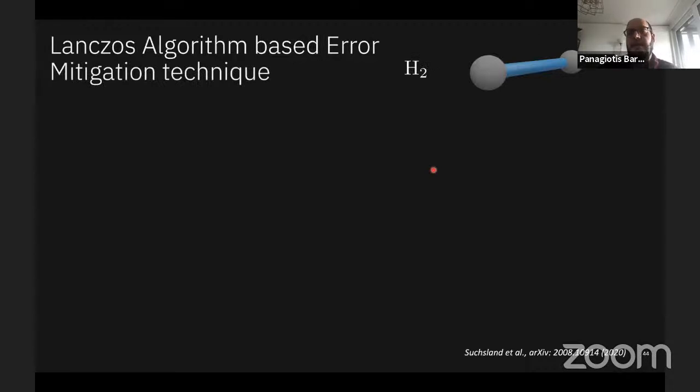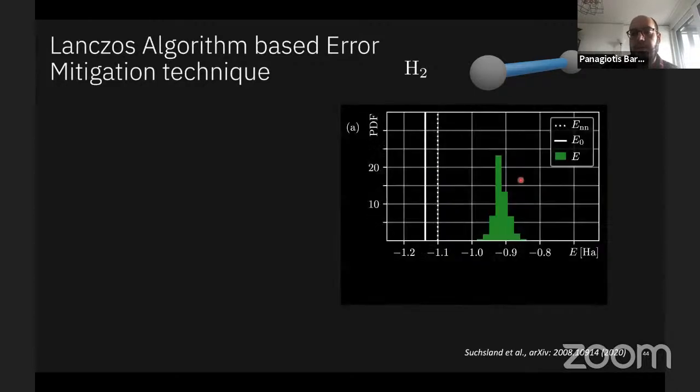We applied this technique to the case of the hydrogen 2 molecule using 4 qubits, so in the Jordan-Wigner formalism without any reduction in the number of qubits. And when you do not use any kind of error mitigation technique, the probability distribution function is the one shown here. Sorry, I forgot to mention that the results I show here are at the equilibrium point for the hydrogen 2 molecule with 4 qubits. We used 8,000 shots for every experiment, and we repeated it 100 times.